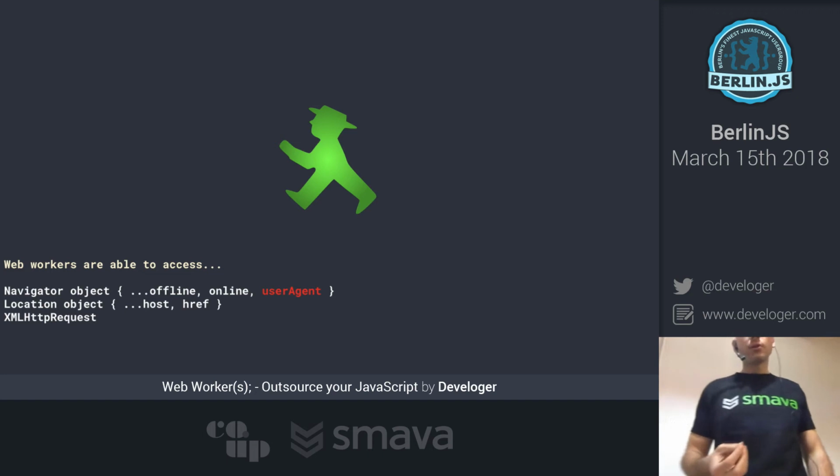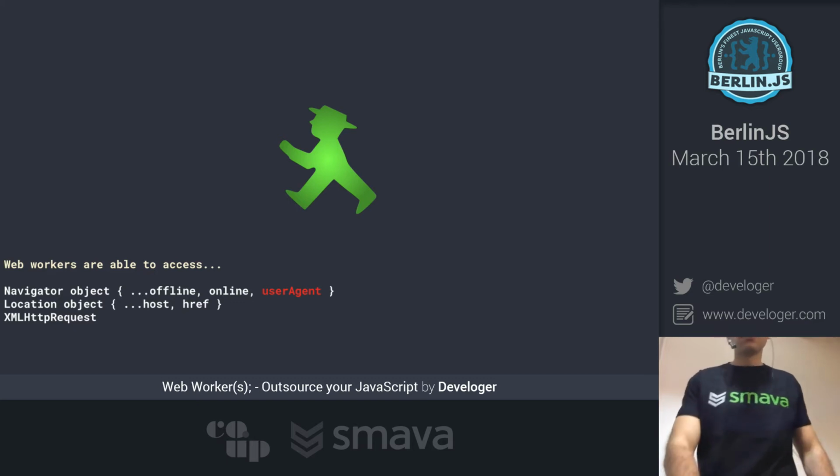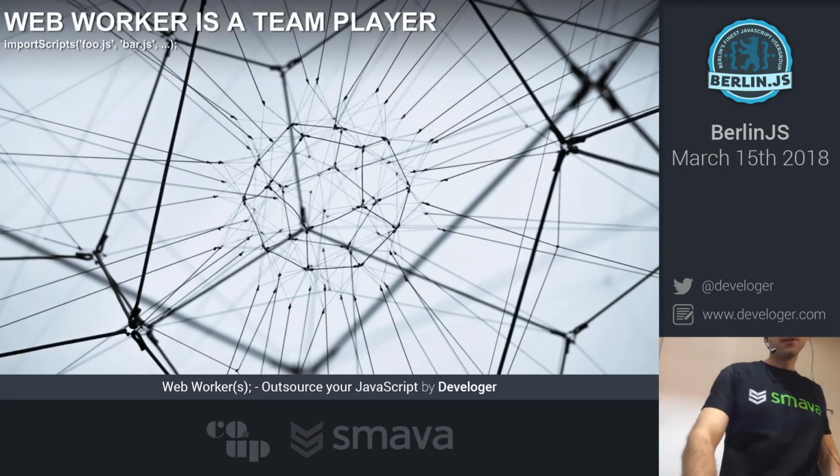So in the web worker, you can access the XMLHttpRequest. That's important to know. And of course, by then you can do all sorts of data fetching if needed.